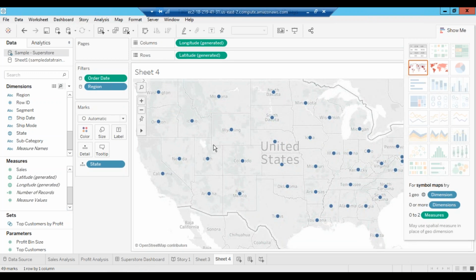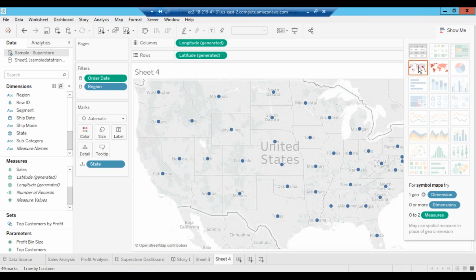Since my data is related to the US, automatically US data is showing up here. I can create an India map, anything. For that I have to separately configure the map files. For India I may not have files directly; I have to load extra files from external sources. So this way I have created this.